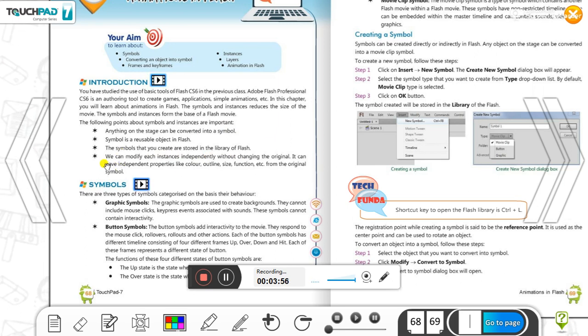And fourth point about symbol, we can modify each instance independently without changing the original. It can have independent properties like color, outline, size, function, etc. from the original symbol. So these four points you must understand about the use of symbols and instances.